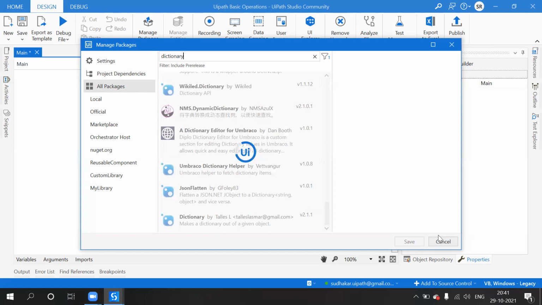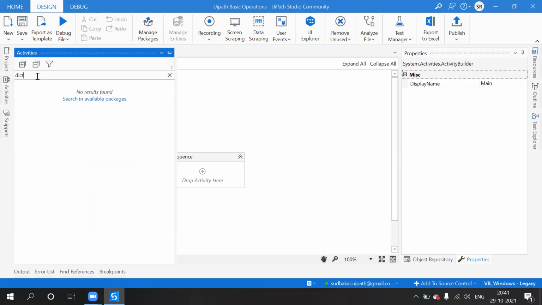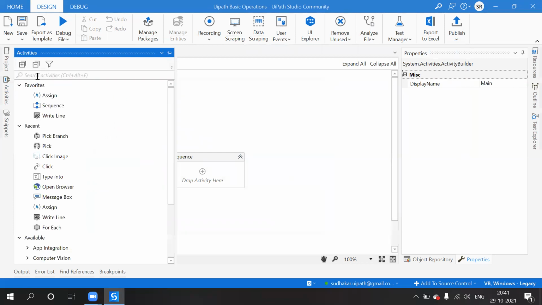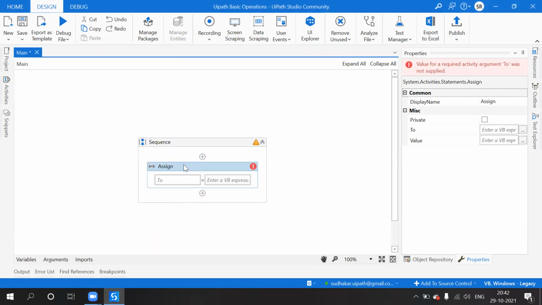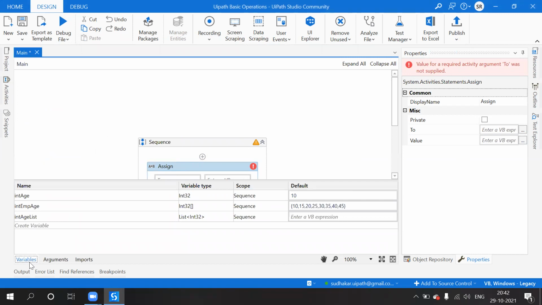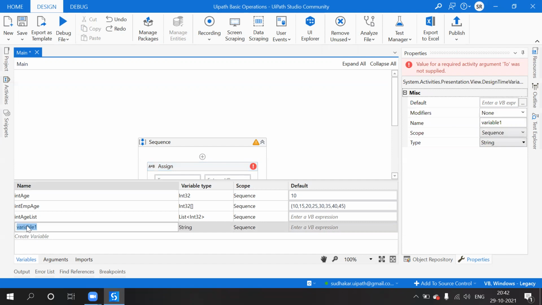Let's not waste time. Here we take an Assign activity, come to Variables, and create a variable.